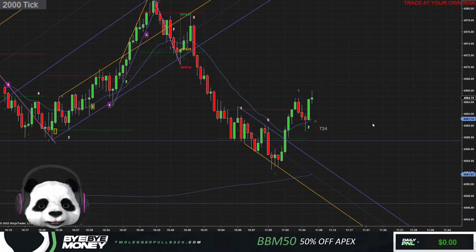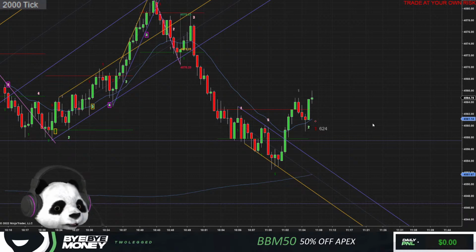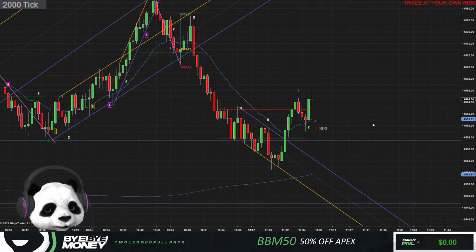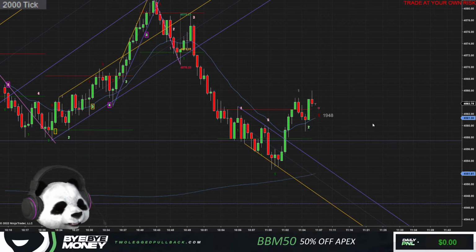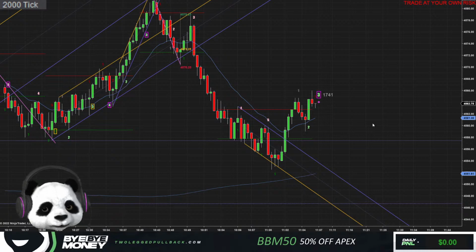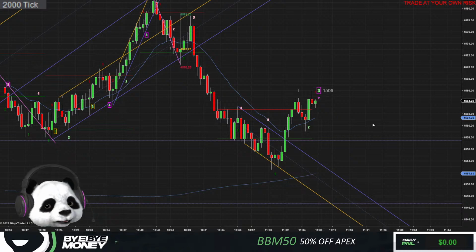Okay. May get a second entry short here. I mean, we're clearly above the 20 MA, so I cannot go short here. It doesn't make sense for me to go short here. Yeah, it could trap here. Who knows? I'm going to sit on my hands. I usually don't take shorts above the 20 MA. So thoughts and prayers to those who took that short. Hopefully it doesn't trap you out.